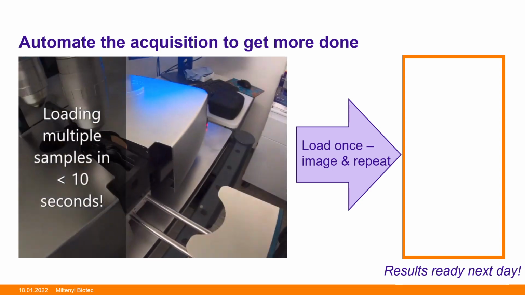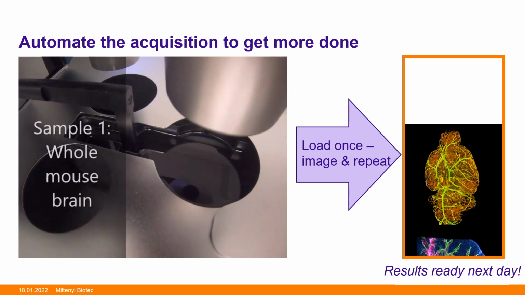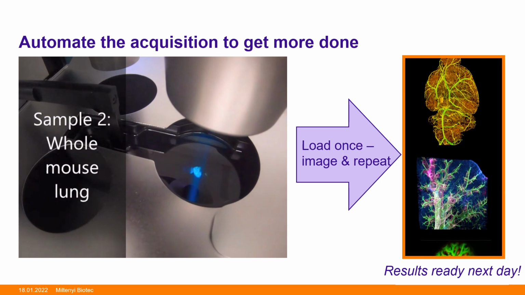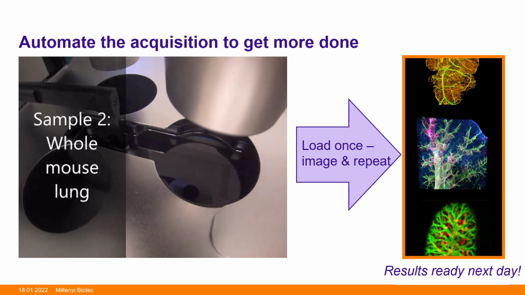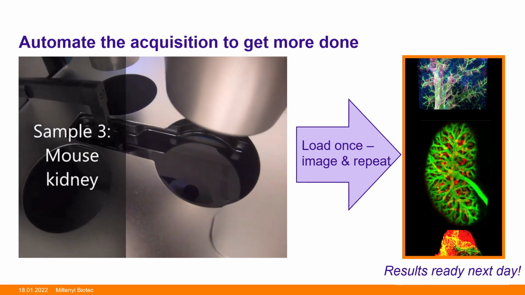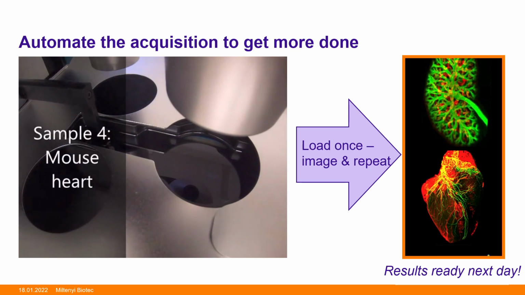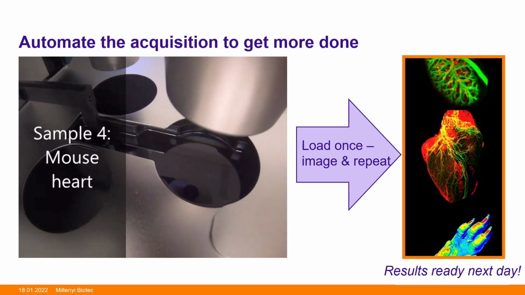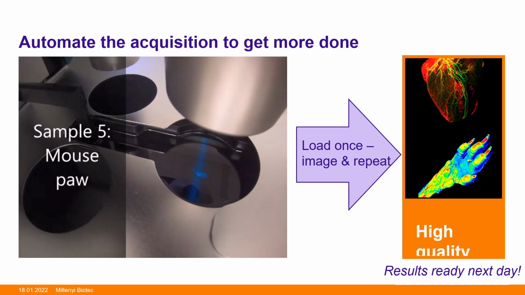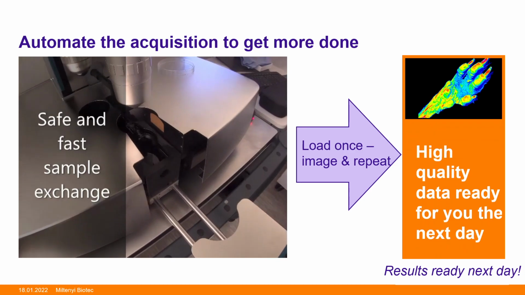At the touch of a button, you can safely release and mount the sample into the large imaging chamber. This could indeed be a whole mouse, or you could mount a series of organs as we've done here. The idea being, though, is that once this is loaded into the system, a batch acquisition can be set up to automate the acquisition of all of these samples. So this really allows the researcher to load it once, set up a few parameters, walk away, get other things done, and then come back to look at their images, say, the next day, and really focus instead on the data. So let's examine some of the scientific questions that one can tackle with this